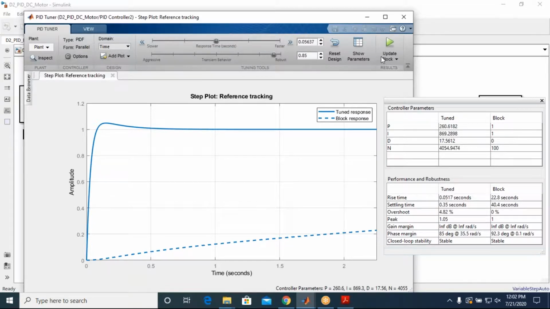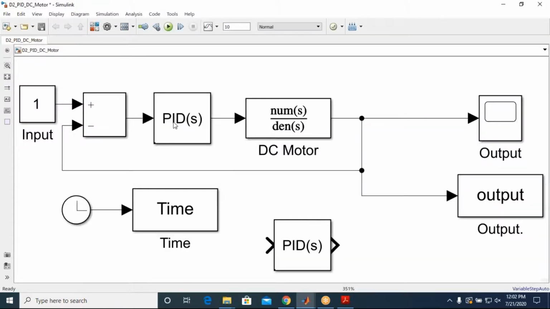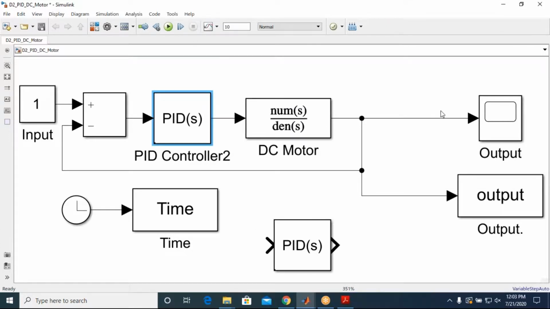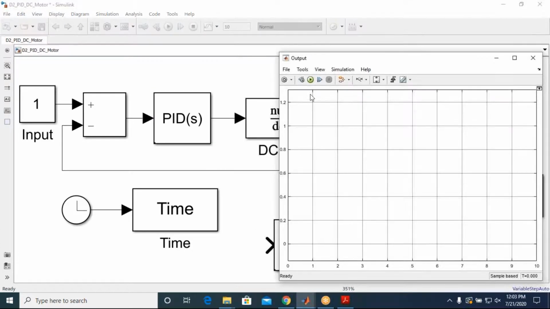I don't want to do it manually. I will just press this update button. As soon as I click this update button, the PID block automatically gets the values you have seen. I have not yet run this one. The earlier one, the one we saw